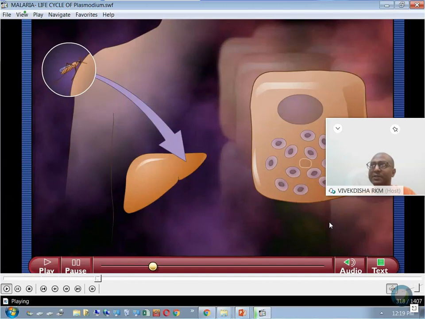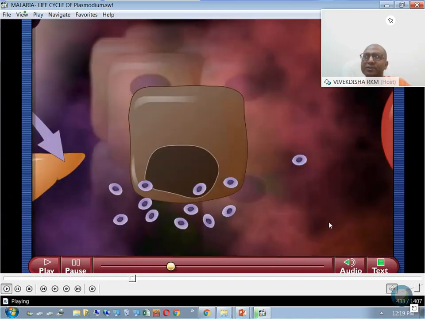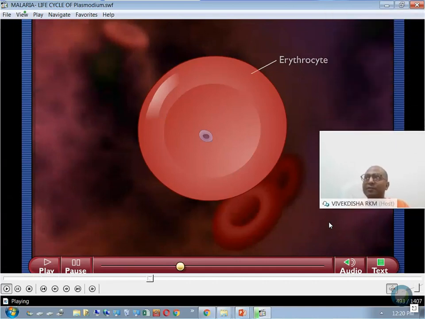In the liver, liver cells get affected. The germ will develop more. They will multiply and change. So there will be certain changes, and then after that the germ infects the RBC, erythrocyte, red